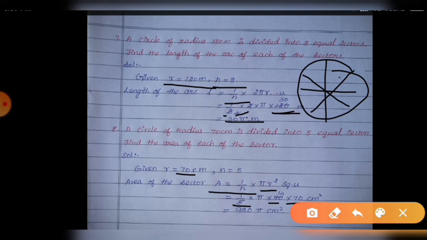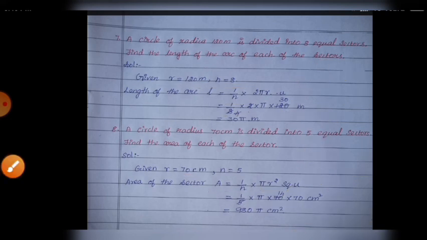Centimeter square. Using the 5th table, 70, how many times? 14 times. 14 into 70, that is 14 into 7. 7 4s are 28, 8, remainder 2 carries. 1 7 is 7, 7 plus 2, 9. 98, that is 980 pi centimeter square. Children, I think you have all understood.